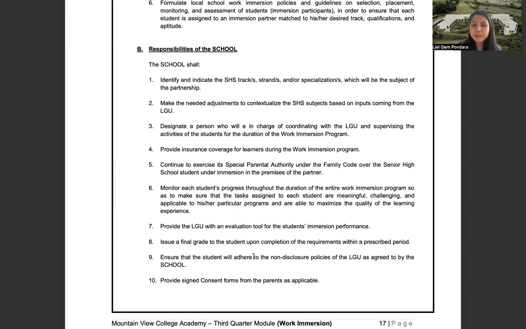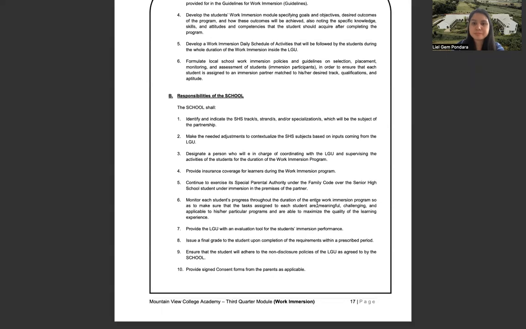Number 9, we will ensure that you students will adhere to all non-disclosure policies as agreed by the partner and the school. And last is to provide signed consent forms from the parents as applicable.